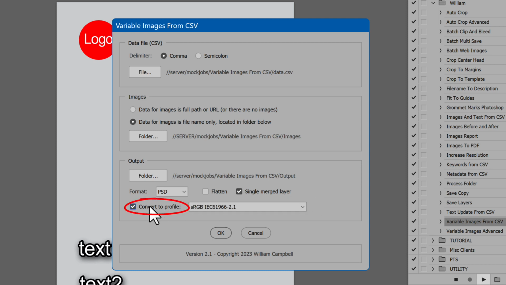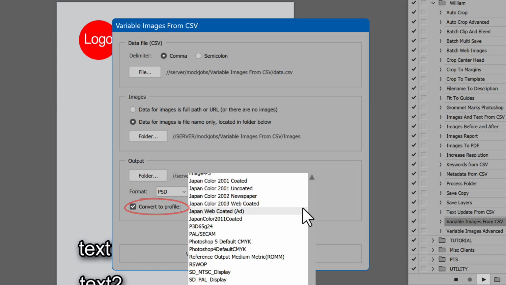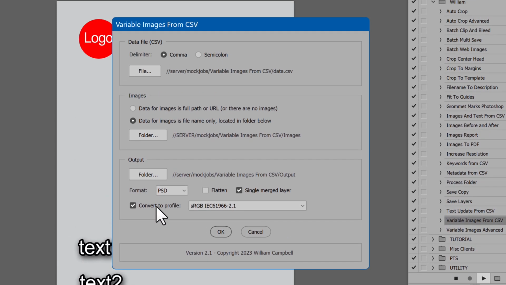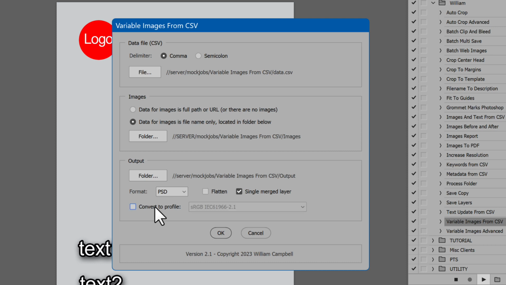Convert to Profile changes the color space to the profile in the drop-down list. Disable to leave the color as is. Converting color requires the image is flattened or merged to a single layer. This is because adjustment layers can't change color and keep the same result. So those need to be applied before converting color.